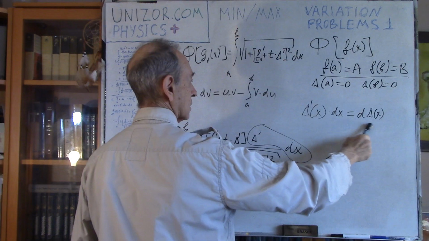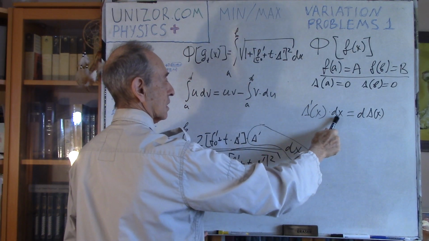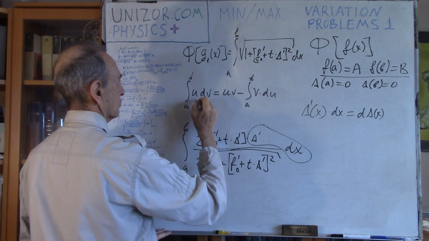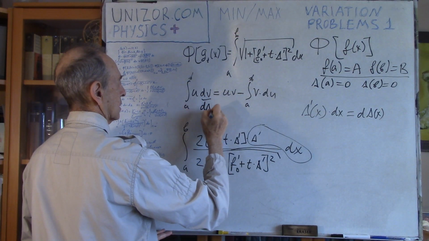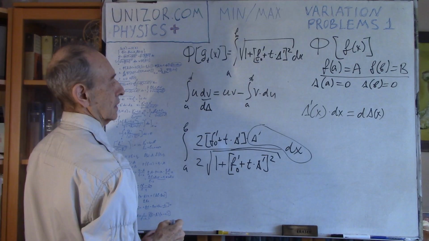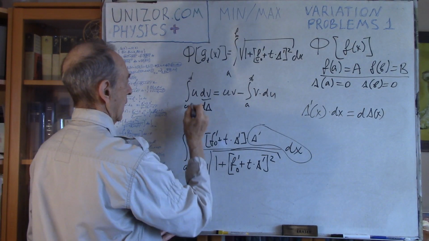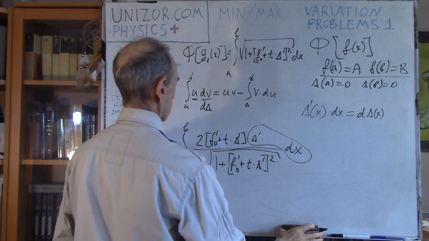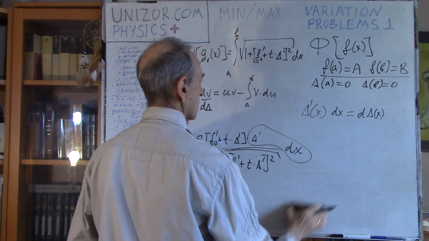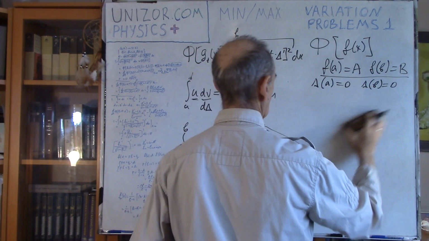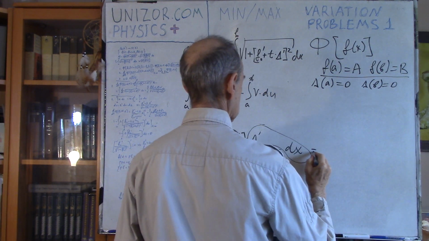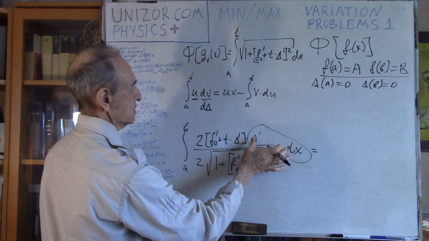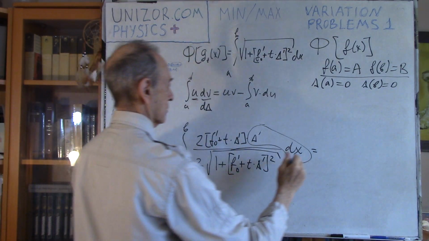The differential of a function is the derivative times the differential of the argument. I'll use it, and this would be my d delta, and this would be everything else. So which means I can actually write the following. This is equal to, so this is u and this is dv. This is u times v, which is,